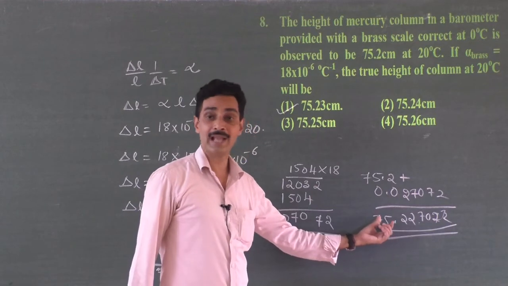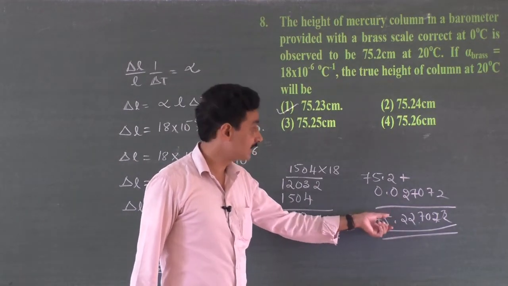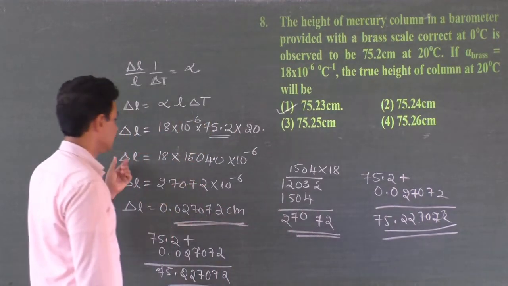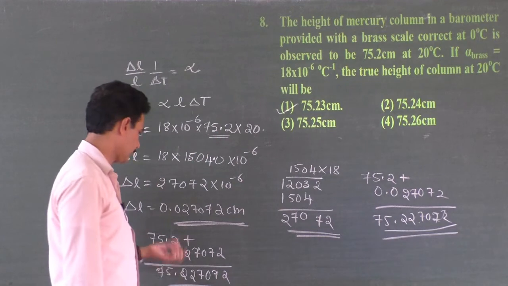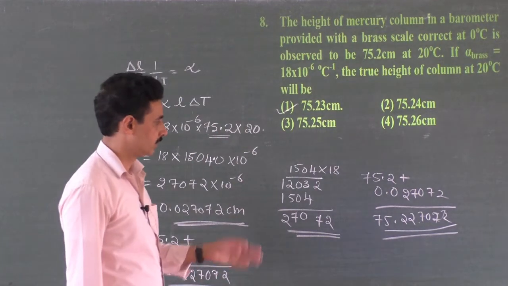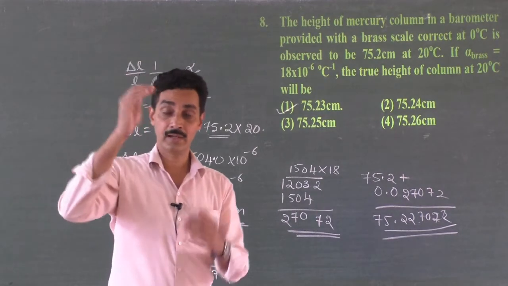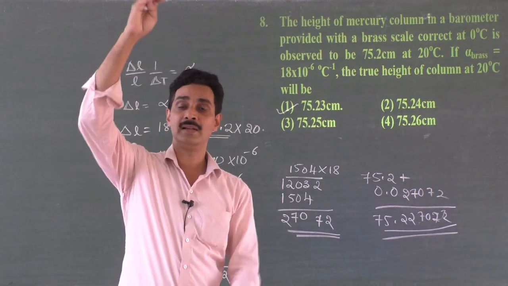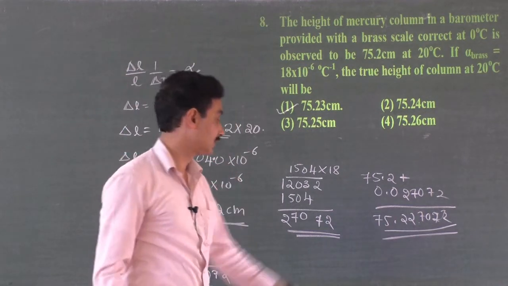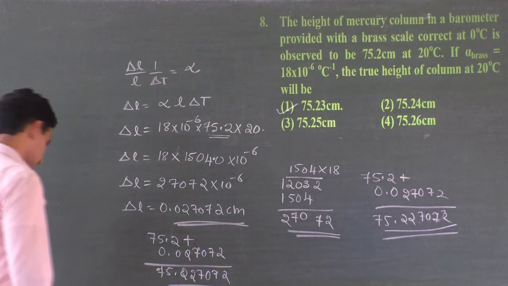See, this should have been the actual length of the air column, mercury column. And if this length is substituted here, for example, then change in length is calculated, then it decreases by 0.0270. So that's why the actual length should be more, right? Our actual position of the marking should be more. Now since it has expanded, it is showing the lesser reading because actually this position has gone up. So that is the answer, first one.